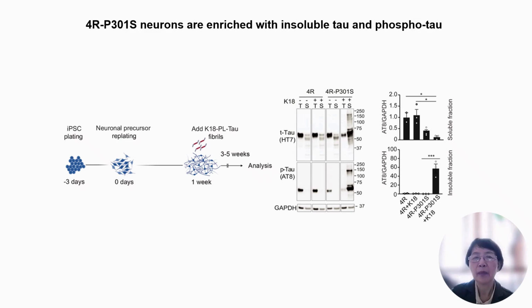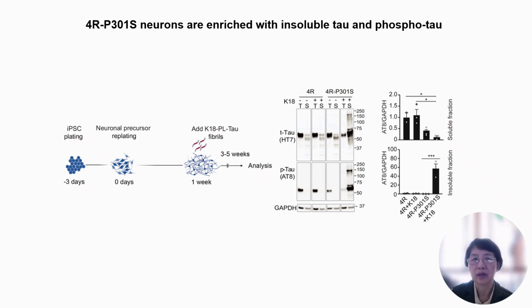We differentiated iPSCs into neurons, seeded with K18 tau fibrils after 1 week, and collected neurons for analysis between weeks 3 and 5. We performed detergent fractionation on unseeded and seeded 4R and 4R P301S neuron lysates to separate soluble and insoluble protein fractions. We observed an increase in total tau and phospho-tau in insoluble fractions of seeded